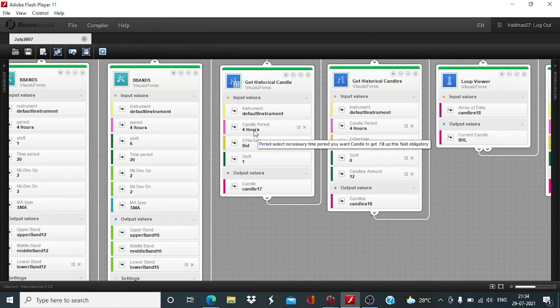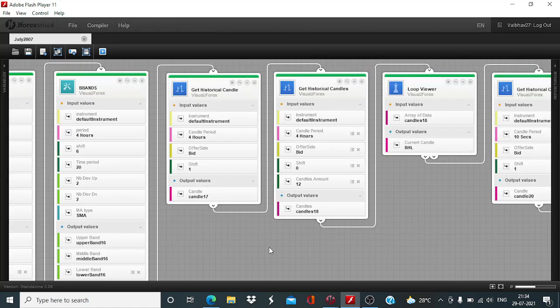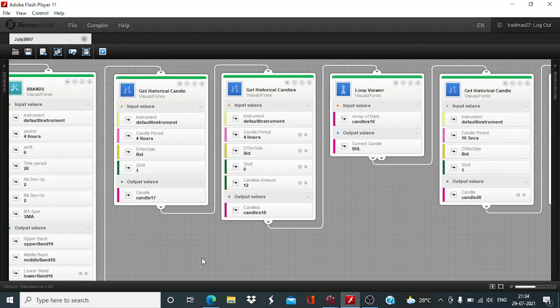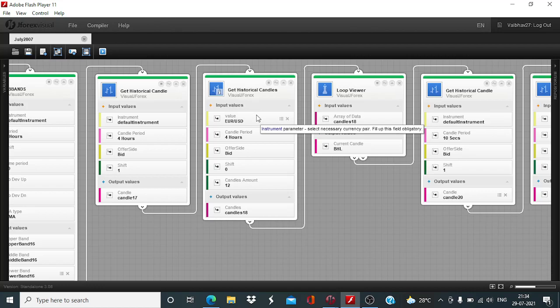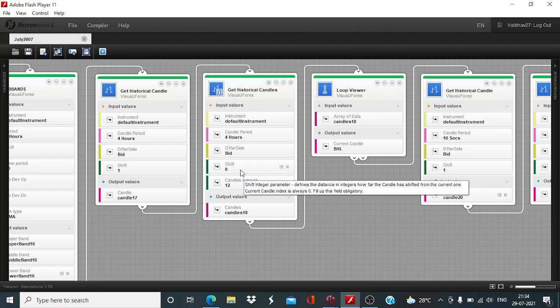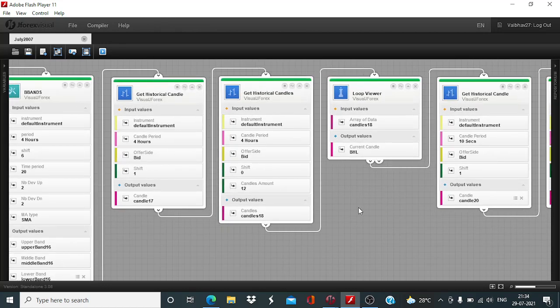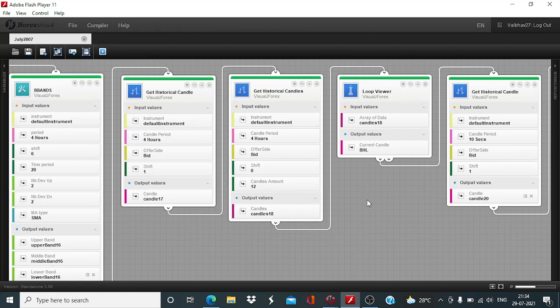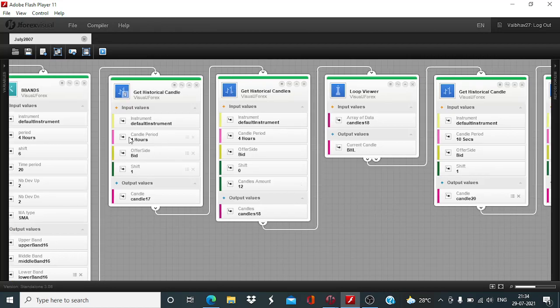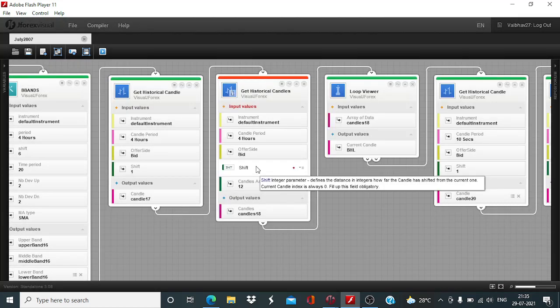And to look at the price volatility, we are also taking the help of this get historical candle, and the candle period remains the same, 4 hours. Shift value is 1. And on this block, I realized later on that we need to carry out a change. This lookback period needs to be changed to 2 from 0, as one of the conditions requires that we look for the data starting from or before the last candle period, and the data is being retrieved using this candle, so we can go back in time and change this shift to 2,